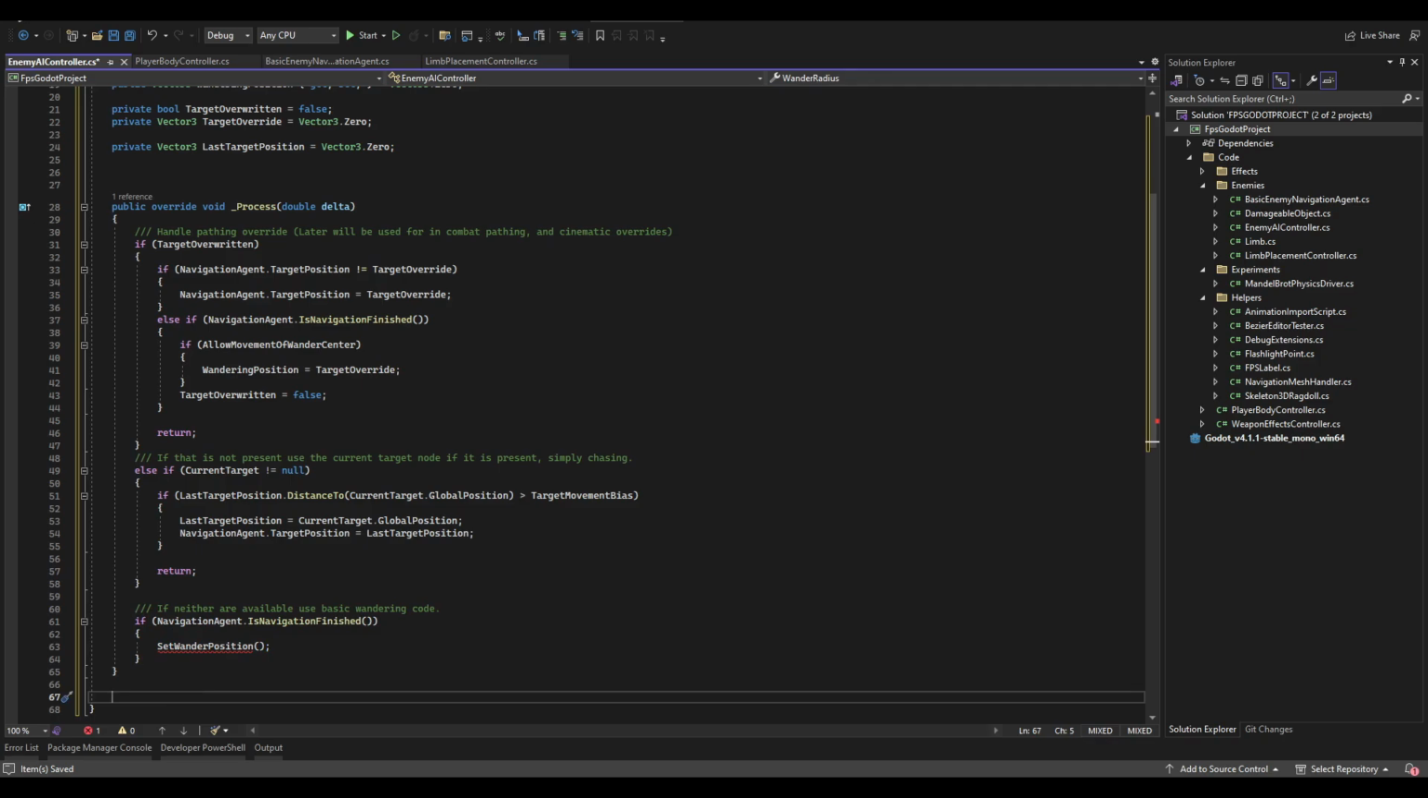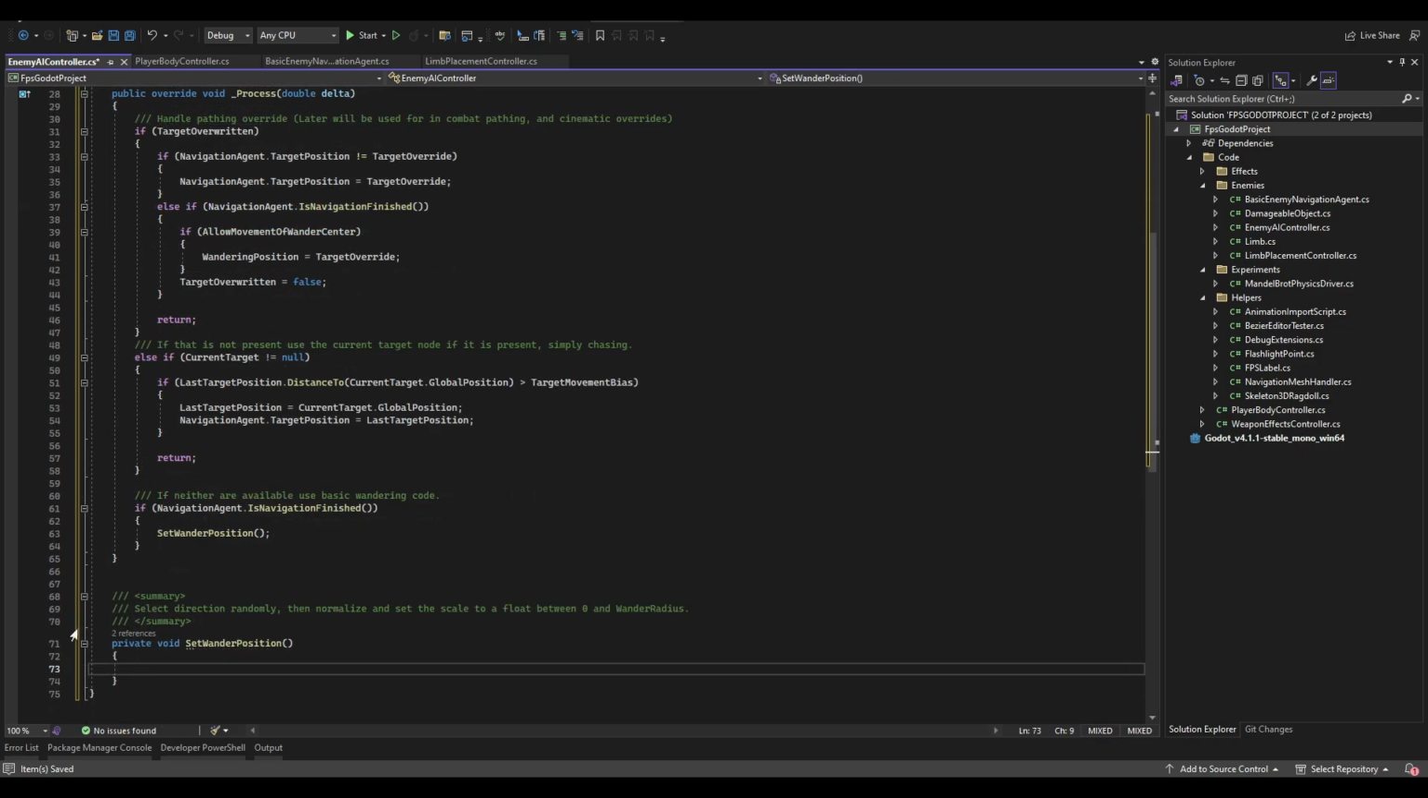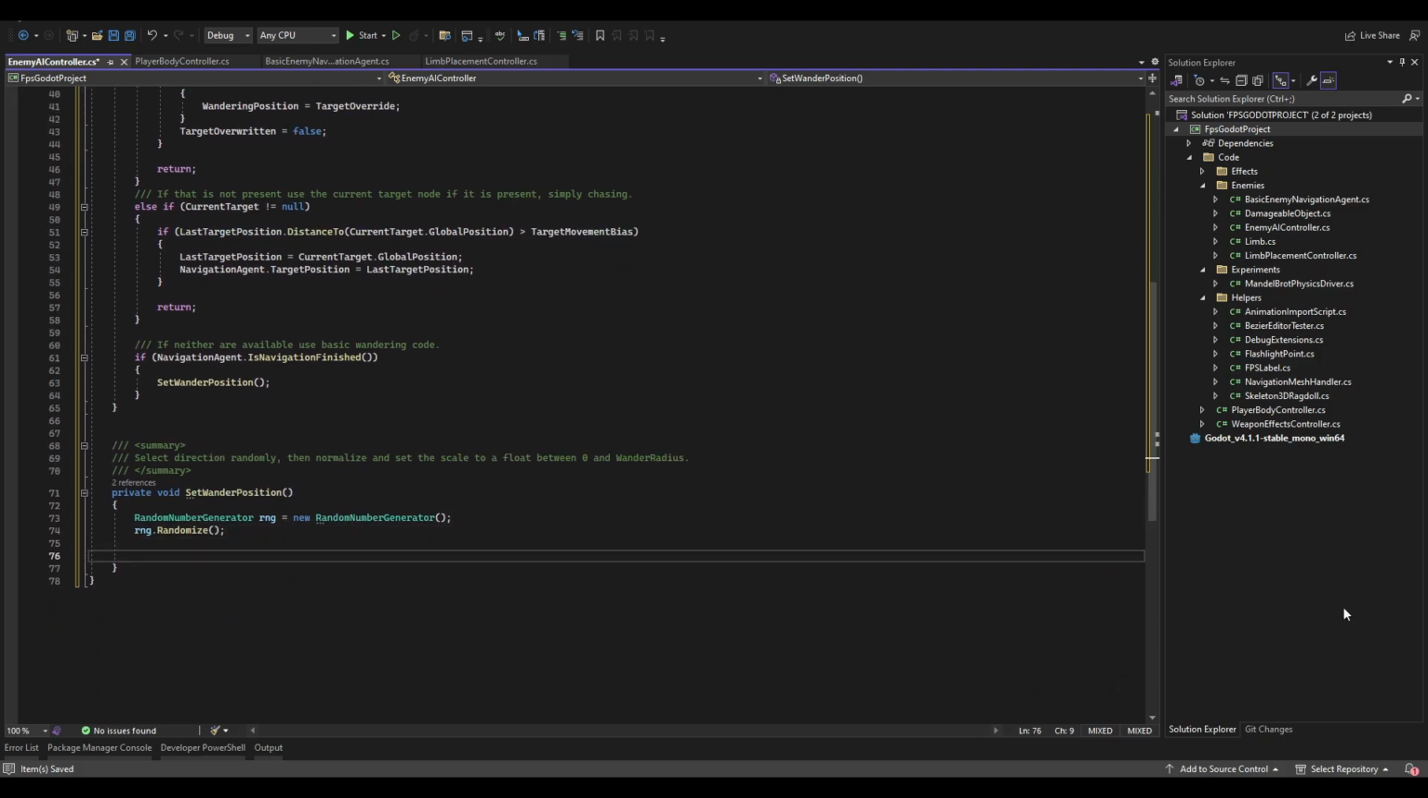Now, we do need to go ahead and create the function for a new wander position. This function is going to set a direction randomly, then normalize it and scale it between a float between 0 and wander radius. And it's actually going to be doing that by scaling a float between 0 and 1 and then multiplying it by wander radius. So first off, we're going to get a random number generator and we're going to randomize that. Then we're going to create a new wander direction. Now, the wander direction is going to take in the RNG randf range between -1 and 1 for the X and Z axis